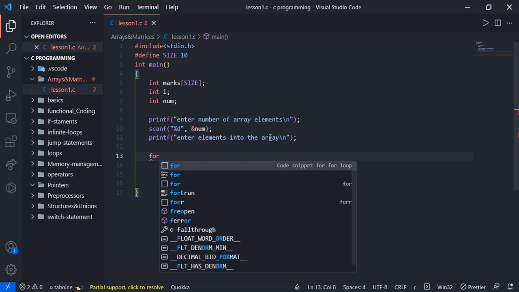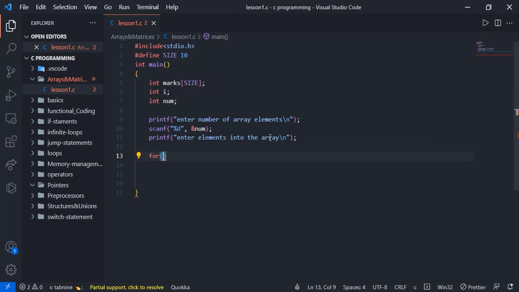So let's say for. So our for loop is going to run from i equals 0. Then i is less than or equals to num. Then we are going to have, it's not num plus, we are going to have i plus plus. We are going to increment our for loop. Then inside this we are going to say